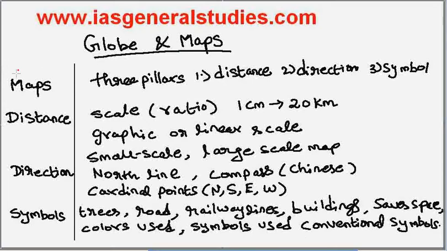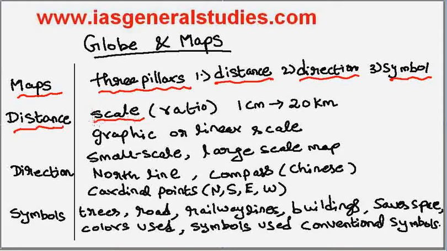Hello, here we are going to see further details about maps, and there are three important pillars regarding the map. One is the distance, second is the direction, and third is the symbol. Distance is a very important factor, and we use a scale to show the distance in a